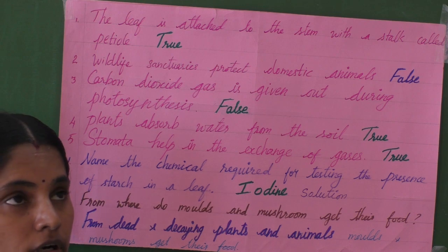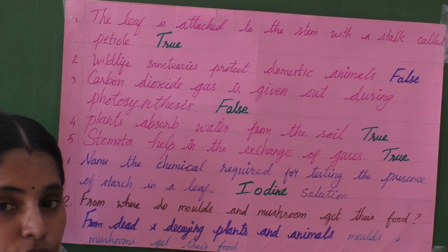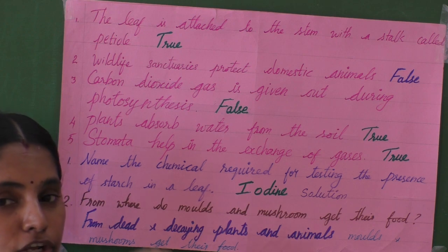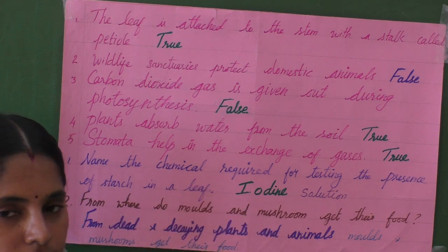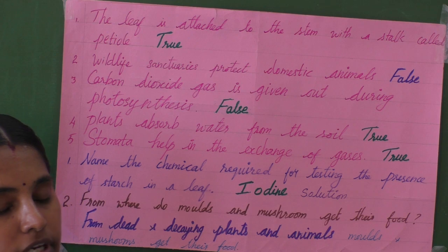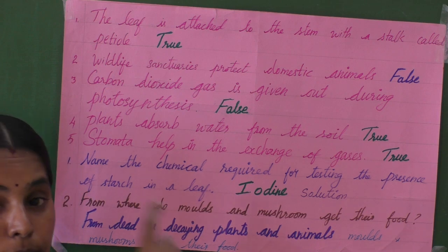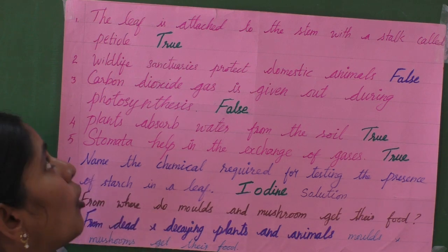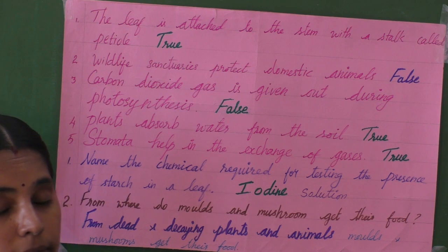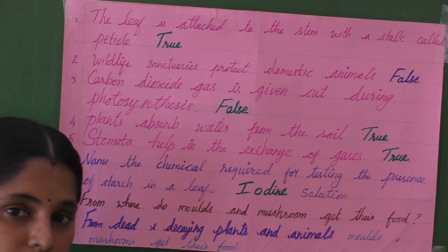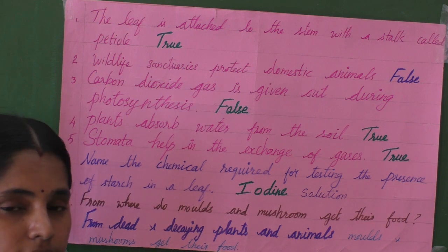Put the index column, and write the lesson name fully. Don't simply write lesson 1 or LN1 like that. Write the lesson name, preparation of food in plants. You should write the full name of the lesson in the index page and take the first page. There you also have to write the heading and put the date in the margin column. Then start writing with the date on which you begin.